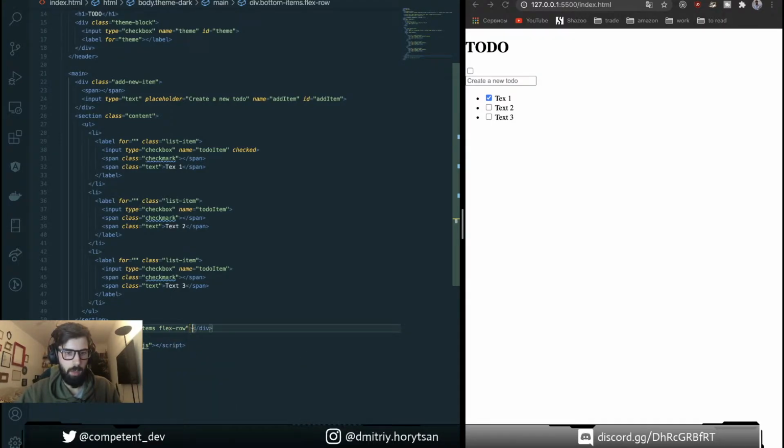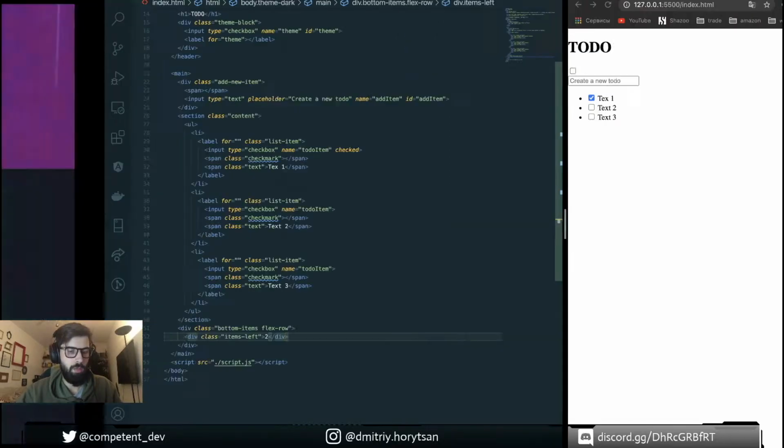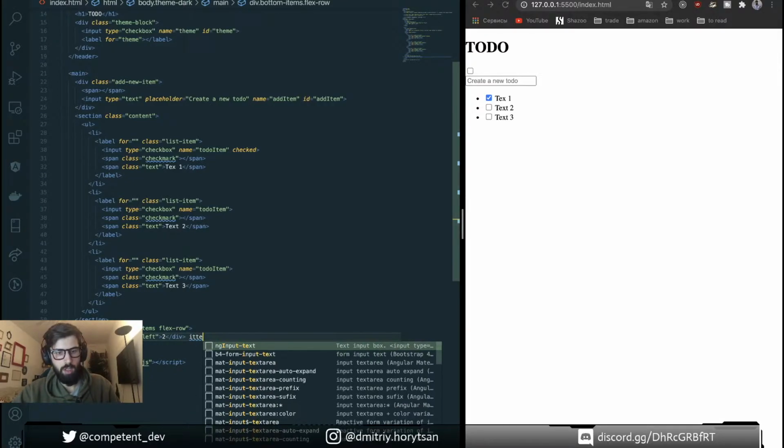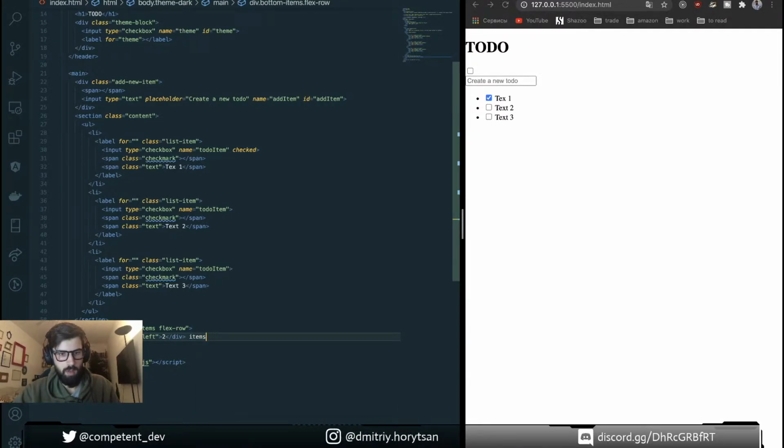All items will be aligned by center and space around between them. So here we have items left, 2 items left.